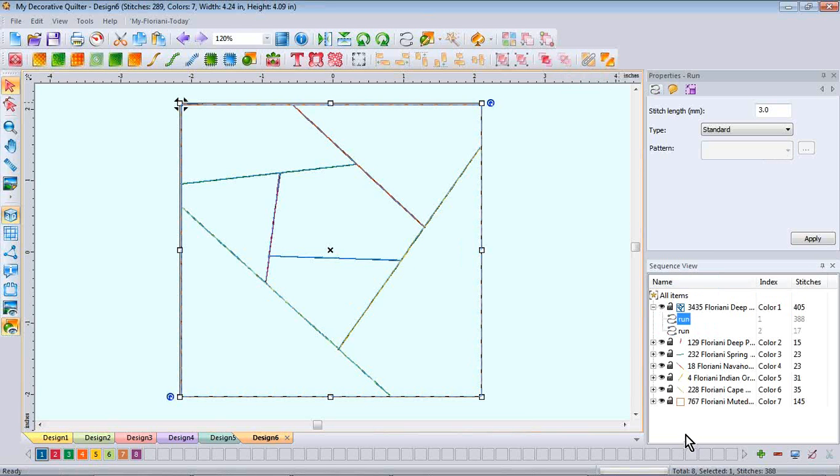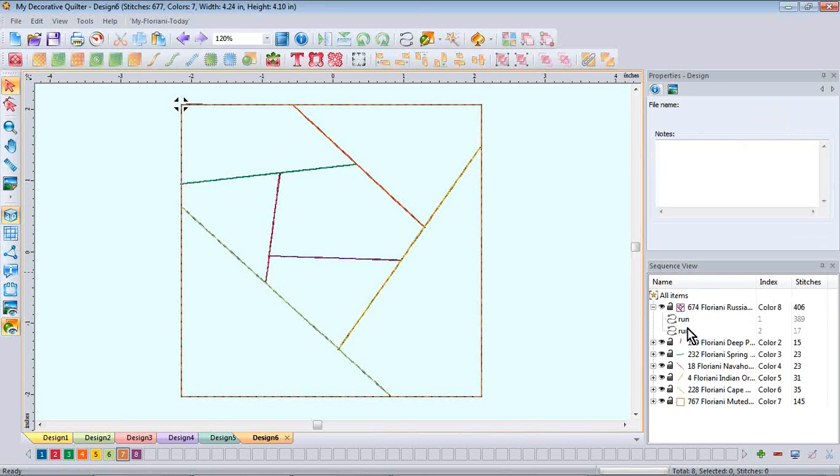Now if I look at my stitch sequence, I have it going. I stitch my whole design. Oh, and then I've got something else that's that color. Which is my first stitch? I don't want that to be that color, so let me just change color 1 since we got the rest of them in sequence. I'm going to change that to color 8. Whoops, I had them both selected. Let's